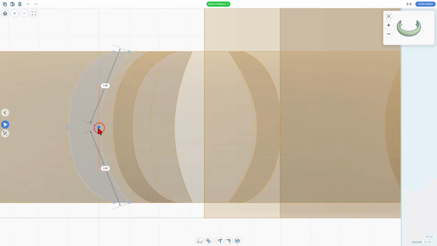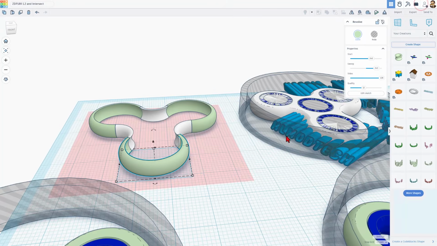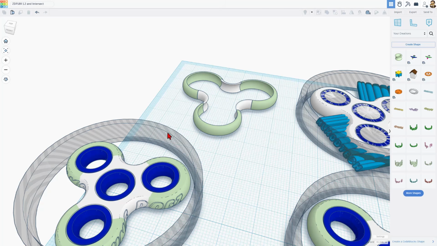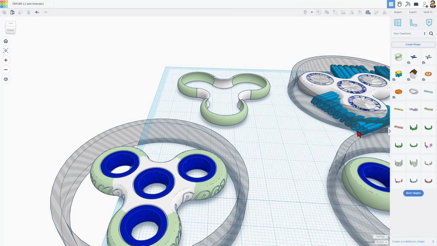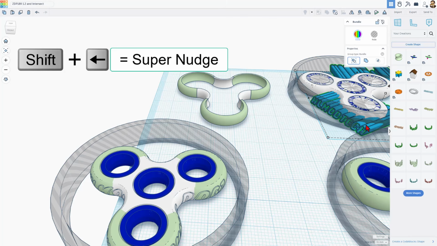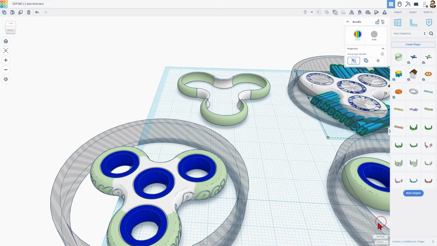Once again, bouncing back to the thin one, I simply nudged these with the arrow keys, did that for all the ones in the group, and that is the fantastic shape that makes this sweet curved text all come together. I'm going to click back on my words. Once again, they're a bundle group, so they can move all at once. I'm going to set my nudge back to 1, and we're just going to shift nudge to get it back